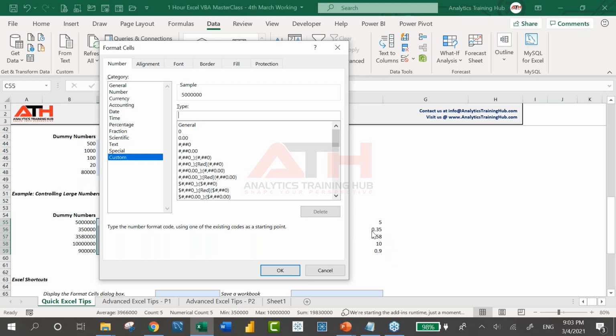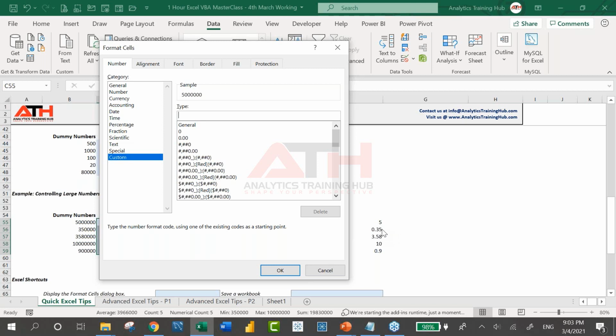If I have got a figure of less than 1 million, then of course I would like to read it as 0.35. Although when we read it we say 0.35, when we look at it we would like to see it as 0.35.